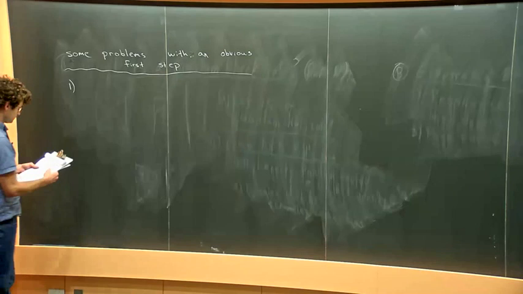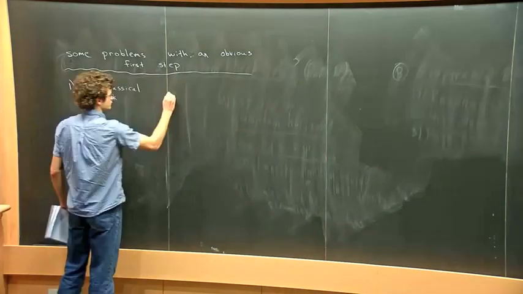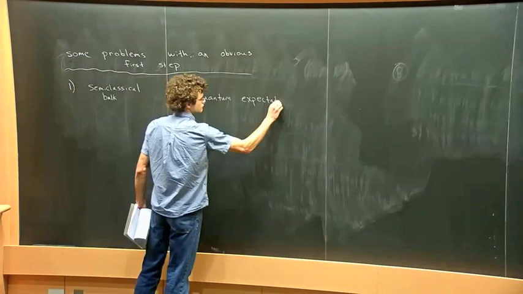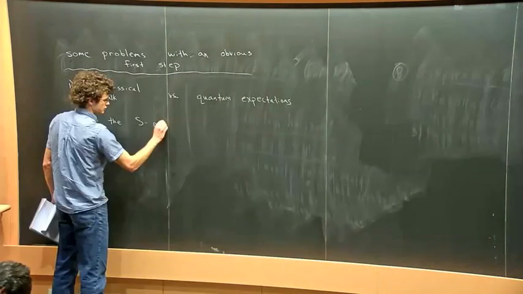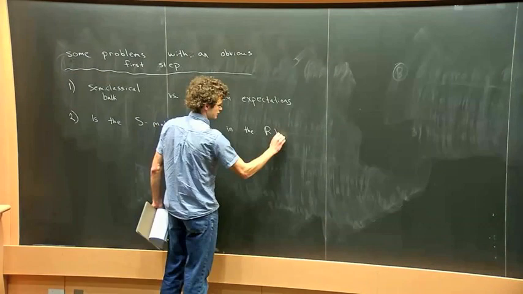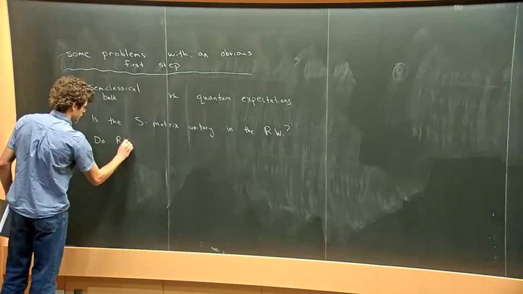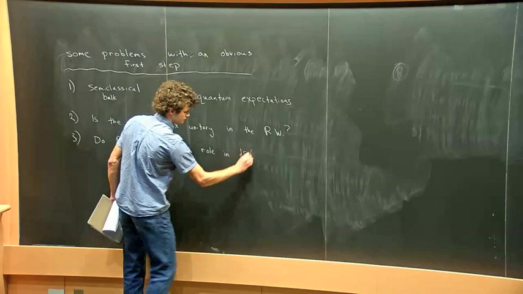The first one is related to something that Gary discussed: the semi-classical bulk versus quantum expectations. And I might discuss this more in a second. The second one is: is the S matrix of a black hole unitary in the semi-classical replica wormhole discussion? The replica wormholes know that the S matrix should be unitary. A third question is: do replica wormholes play some interesting role in de Sitter or cosmology? A fourth question is,